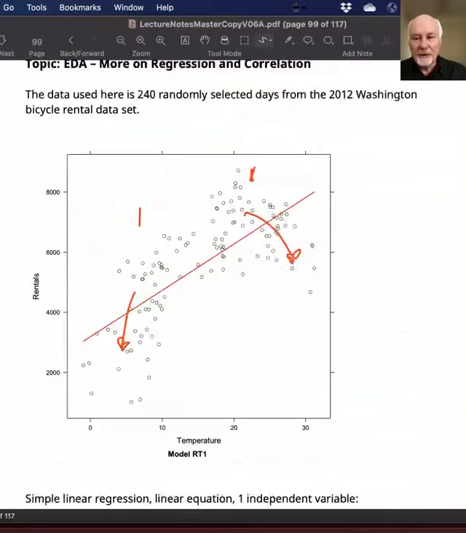So that linear model there, with its correlation coefficient of 0.71, is squarely in the category of a strong correlation, even though when you look at it, you see it's not that great a predictor. We've looked at this before in the class, but say for 20 degrees, you've got a point down here, 5,800 or something, and then higher up, roughly 8,500. That's a big range. So it's not a super precise predictor,